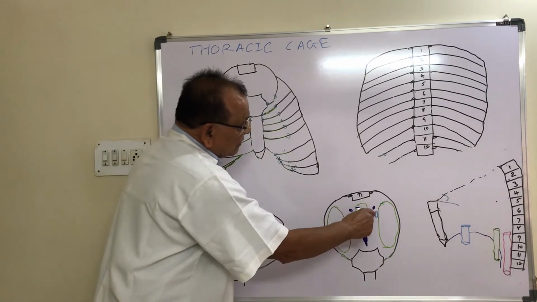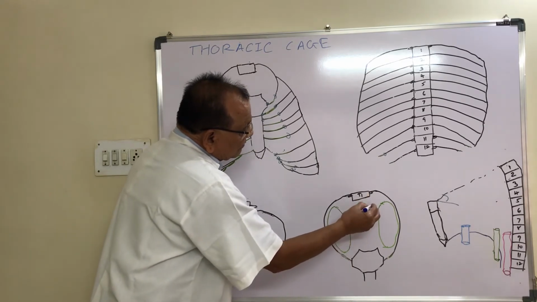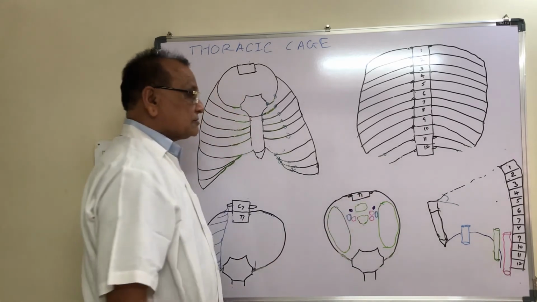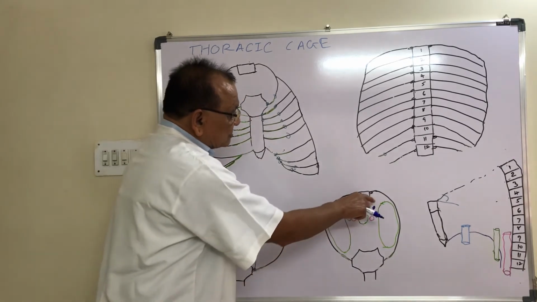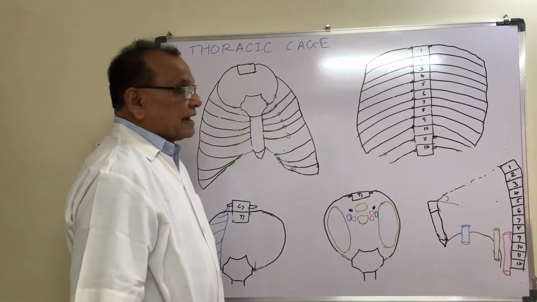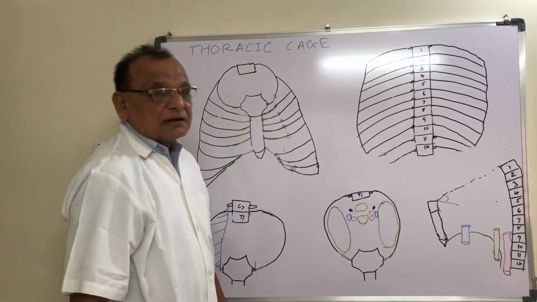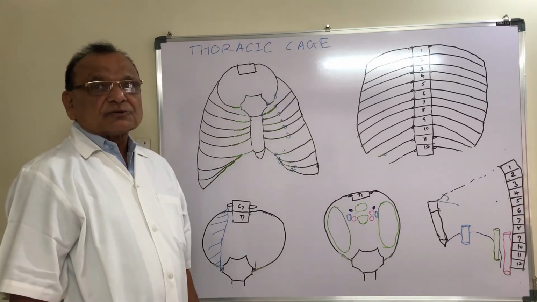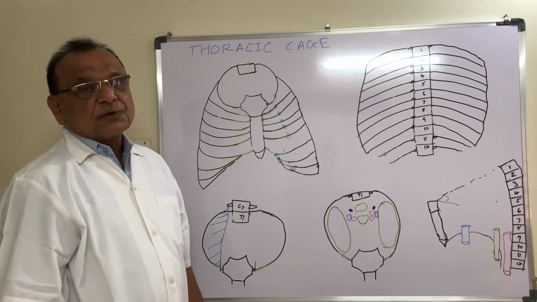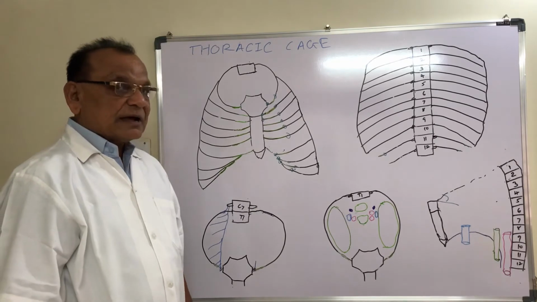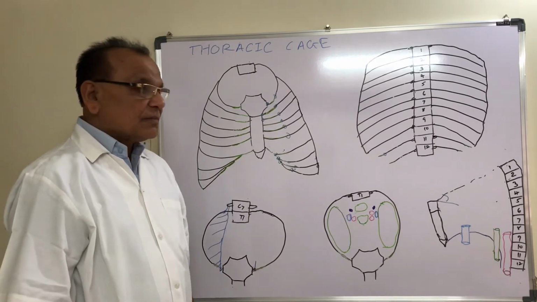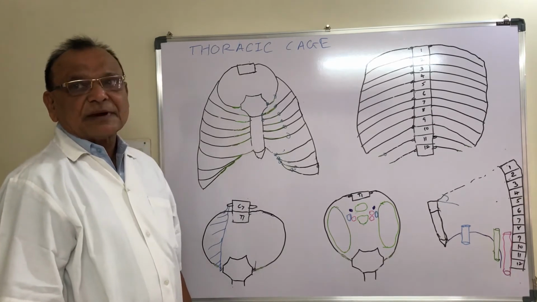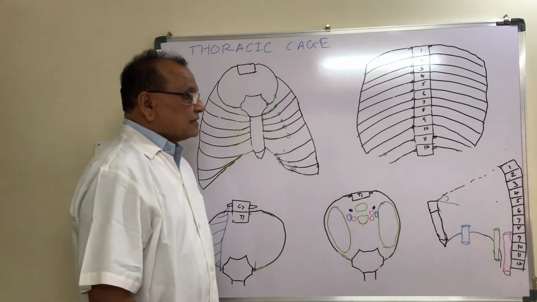Now behind the artery and vein, posteriorly you will get a nerve, and this nerve is called the vagus nerve. Vagus nerve, it is a cranial nerve. You know that the nerves which arise from the spinal cord are called spinal nerves, and nerves which arise from the brain are called cranial nerves. This cranial nerve, they are total 12 in number, and they are known according to name as well as by number. So the vagus nerve is the 10th cranial nerve.